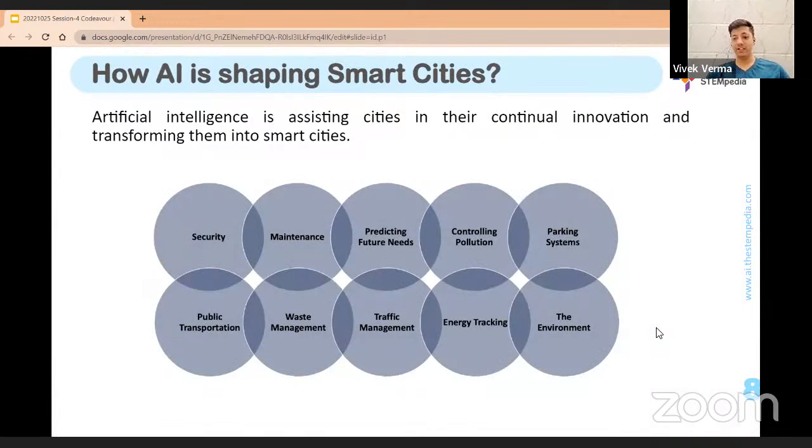Then, how artificial intelligence is shaping your... Now, some disadvantages of AI. Computers can do everything and anything, as I have mentioned, right? You can ask them to do any task anytime and they will do it, right? But one of the major disadvantages of computers or AI is that we cannot rely on them 100%,